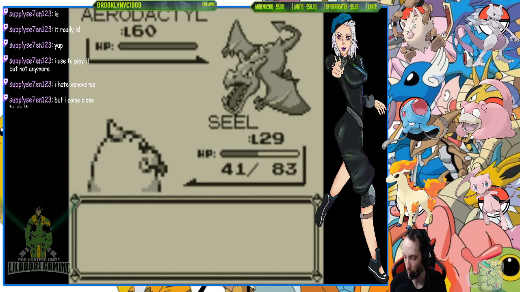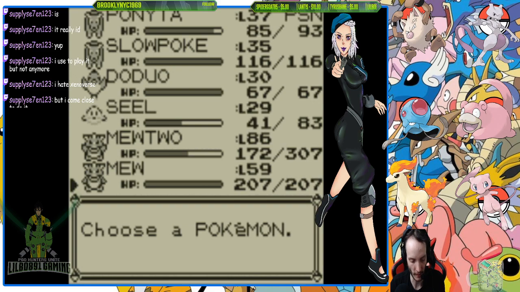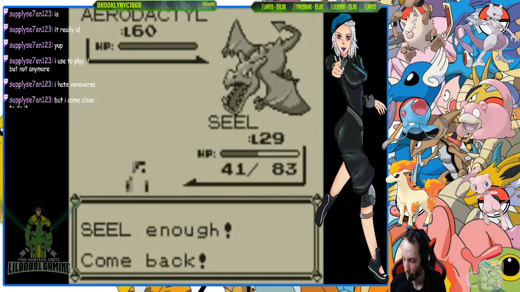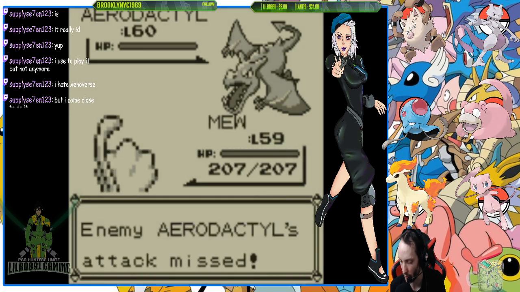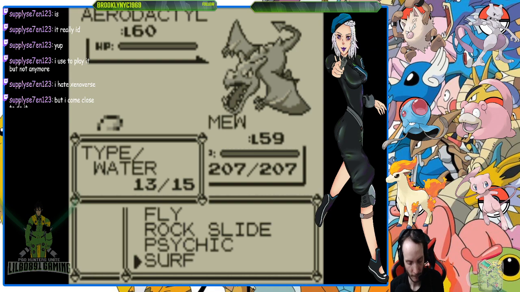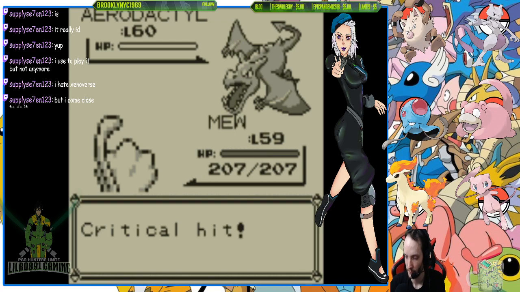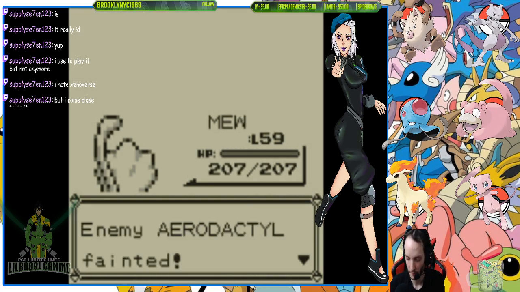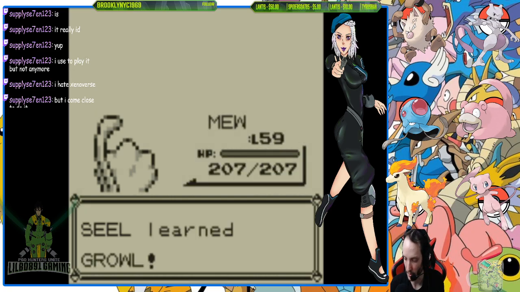Actually, in the long run, I think what I'm doing with Pokemon is much slower than it would be if I were to focus on one Pokemon until it evolves. I think that was actually faster in the long run. It's faster when you have Pokemon that don't evolve at high levels like 37s and 40s, but it's slower when you actually start to get up to the higher level tiers. Makes sense. Four more levels, Seal.